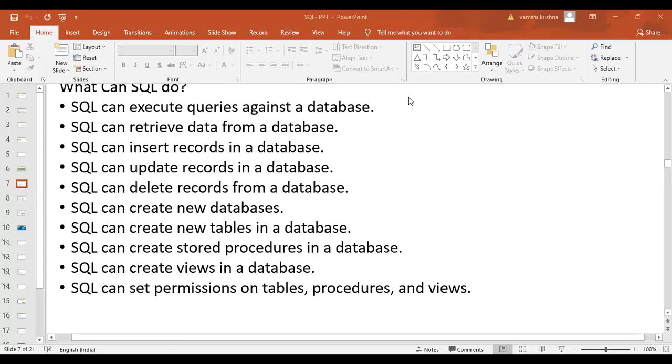And a query is nothing, just putting in what data I need. That is the only meaning. That's it. So here, ma'am, a schema is a collection of tables. I'll show you, sir, what a schema is. Don't worry, just give me a minute. Fine, I will show you an image of that.